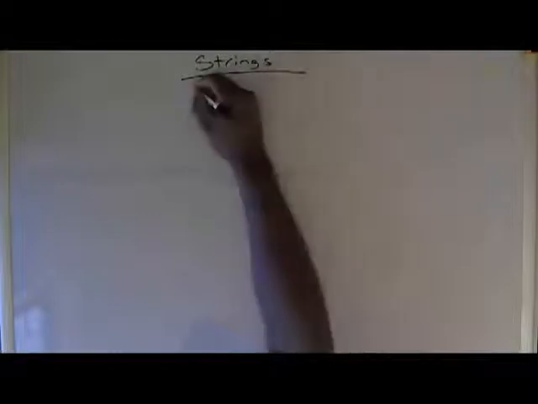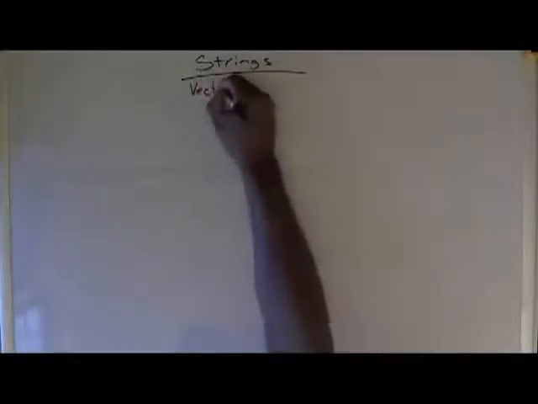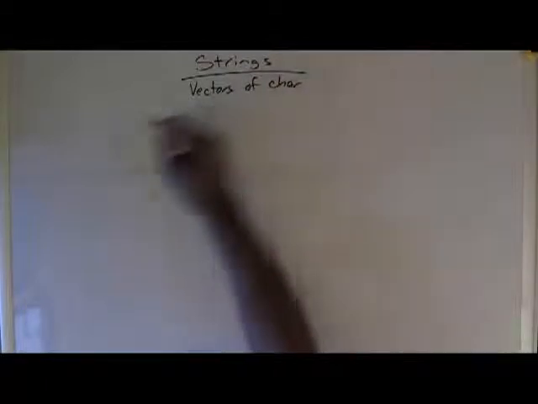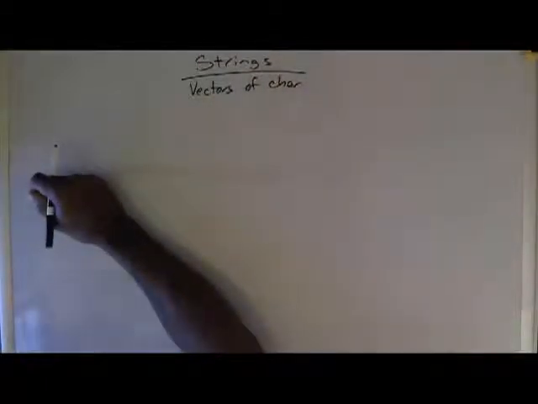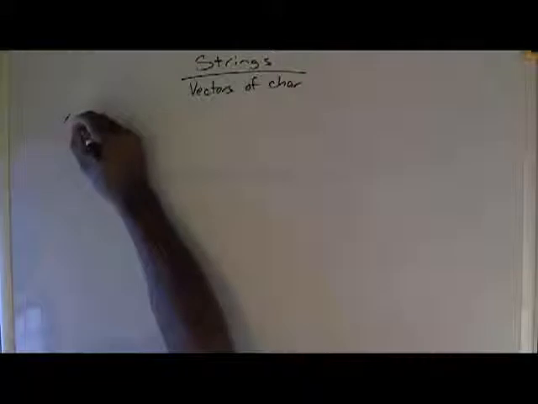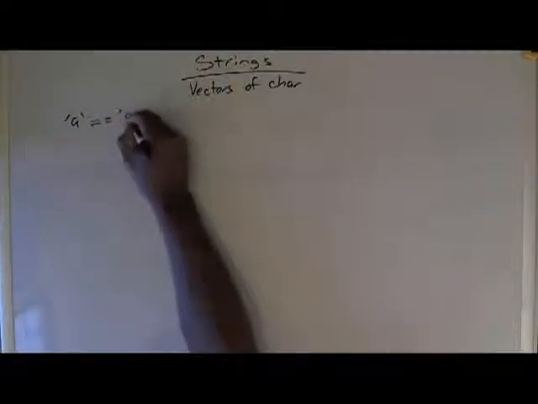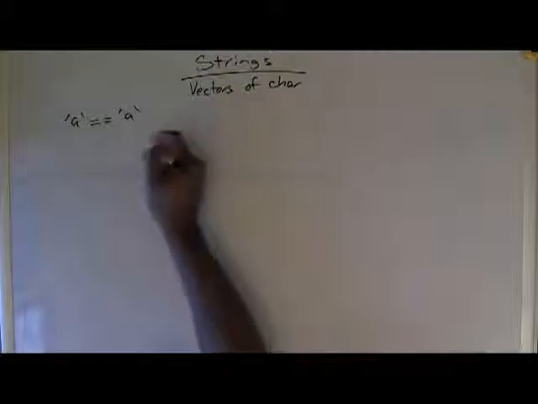Continuing our discussion on strings, which once again are nothing more than vectors of characters. Let's look at some more operations just to introduce you and to set up the next lecture. So if you had string A or character A equal to character A, that's a logical expression, and that's going